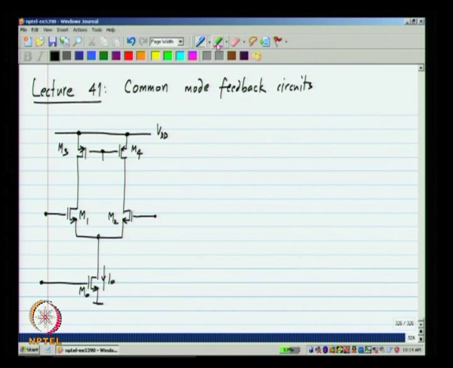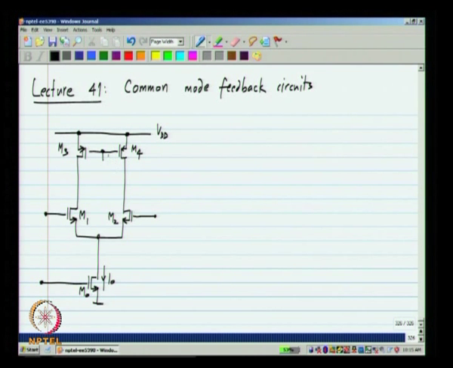This is our single stage op amp, and the voltage here at the gate of M3 and M4 controls the values of the current sources from the top, and at the tail I have assumed a fixed current source I naught. Now, the common mode feedback can be used to set either this voltage or this voltage, so that the tail current is adjusted. In this particular case, I have assumed that the tail current is fixed and we are adjusting the value of the current from the top.